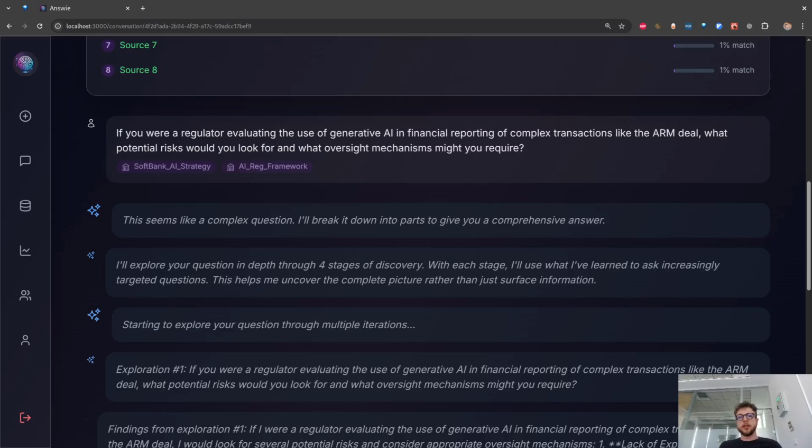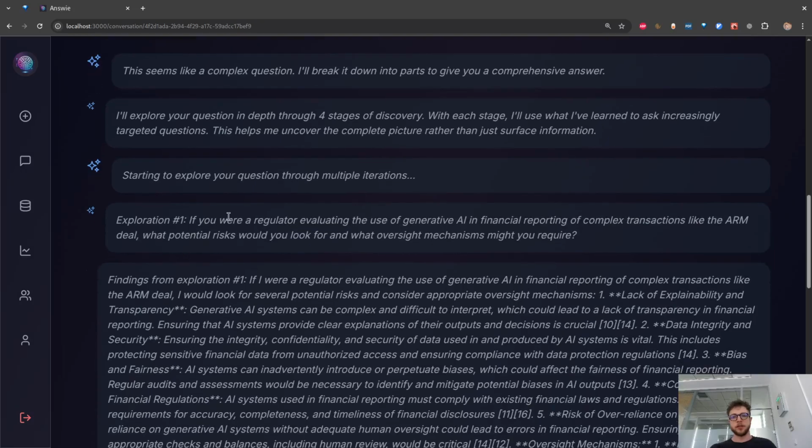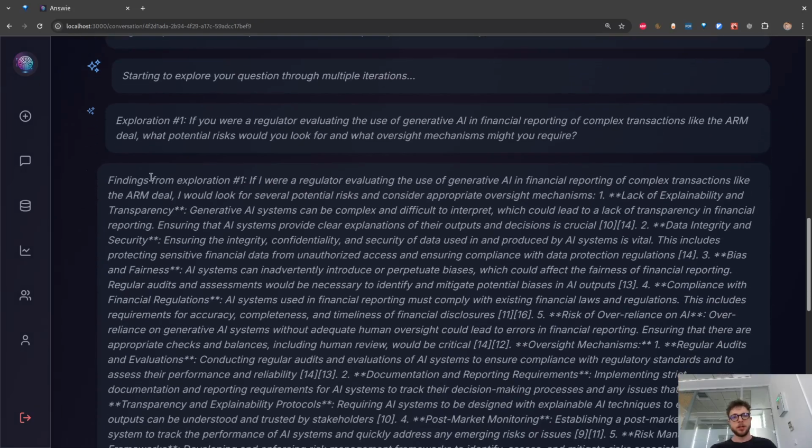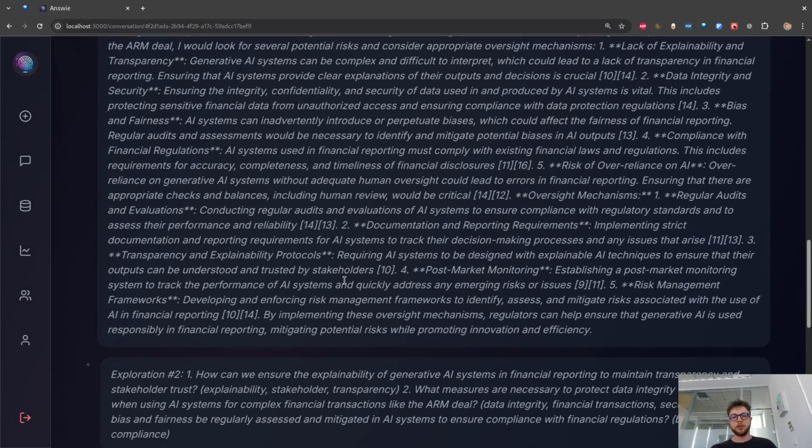What we have done in our system is we will do 2 directions of exploration. First one is vertical exploration. So we focus on digging deeper into subjects that we found through our exploration, and also horizontal exploration. So we look outward at multiple subjects side by side to see how they relate. We generate partial answers. So this here is exploration 1. It is just the user's question. We have our findings here from the knowledge base,